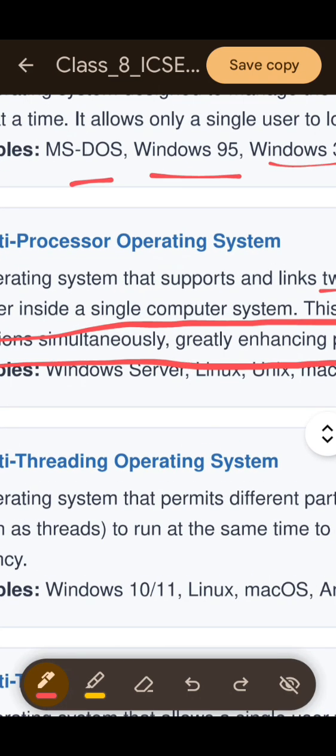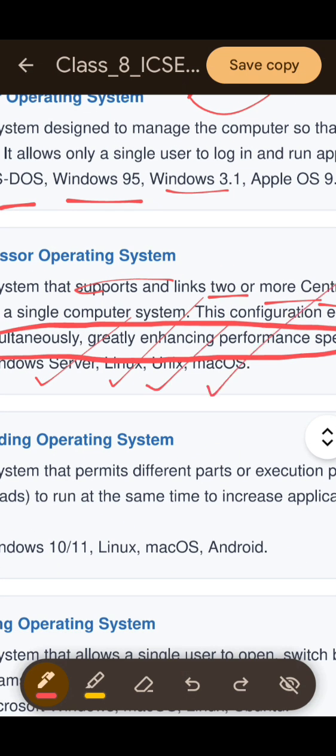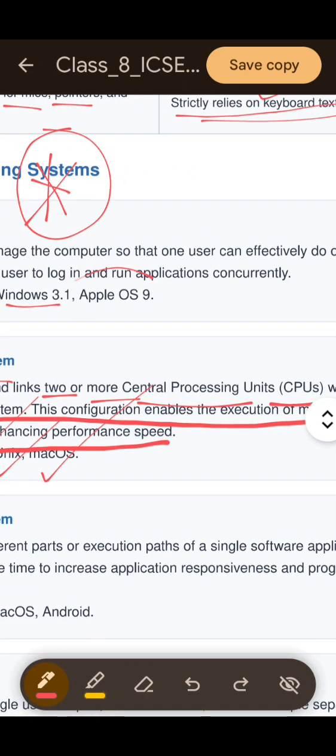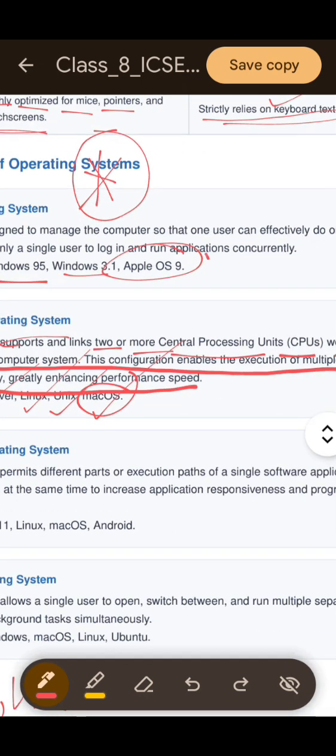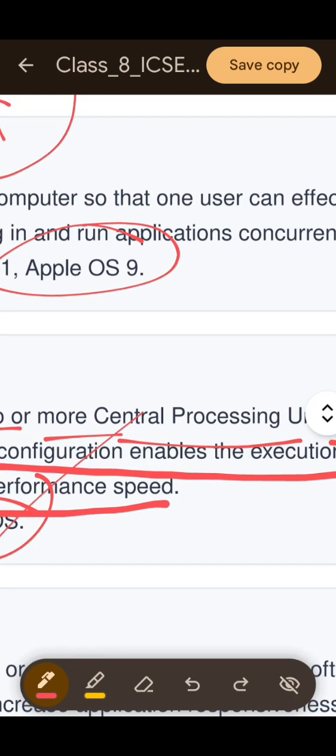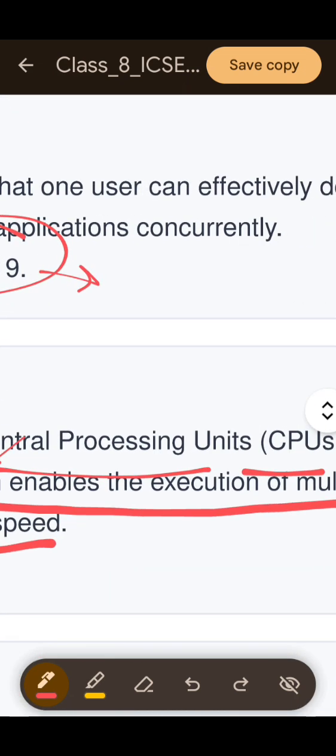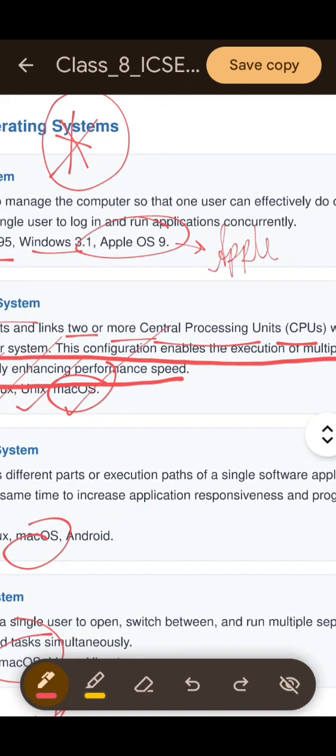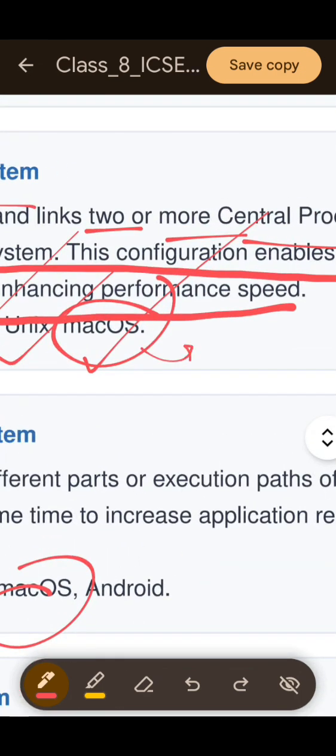Some examples would be Windows Server, Linux, Unix, Mac OS. These are for Apple, not the Windows. This is also an Apple company product. Okay,